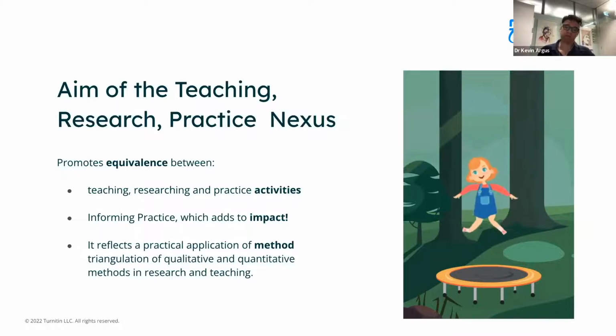And I'll be sharing, as I said, an example of this that's really worked in each of these forms for myself and the team of researchers that I've been engaged with. And it reflects a practical application of method, this triangulation of quantitative and qualitative methods in research and teaching. So this is really, again, following on from what Schneider was referring to. When I read this research, I thought this is a really great articulation of what I've put into practice. I've been really interested in this particular approach for some time. It was really neat to see that there was a framework around this